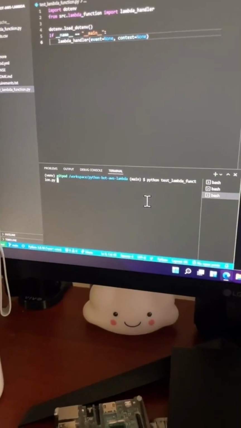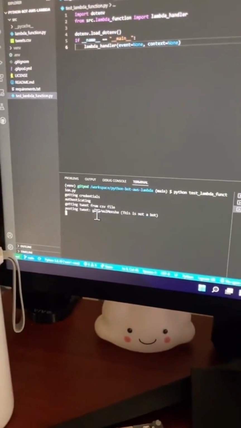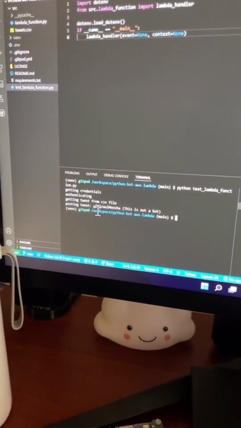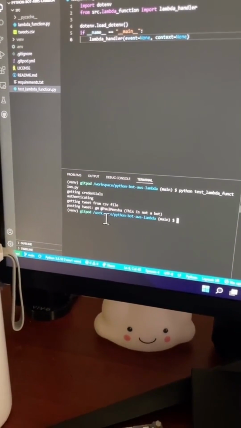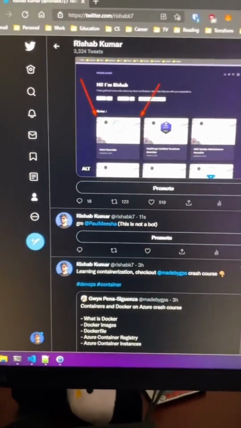So now it's time to test the function locally. So you can see I have the terminal open here, and I have Twitter, and let's hit enter. So you can see getting credentials, authenticating, getting tweet from CSV, and then it has posted this. So GM at Paul. If you look at Twitter, you can see